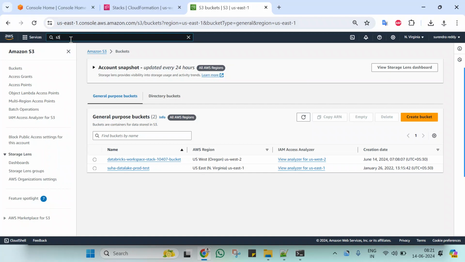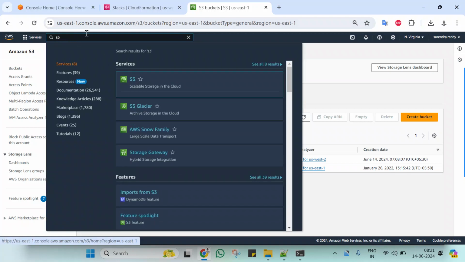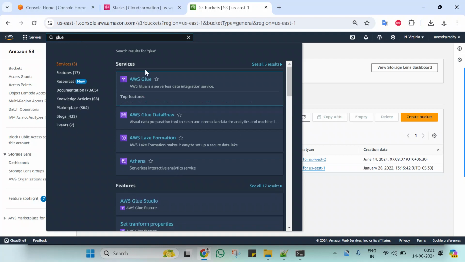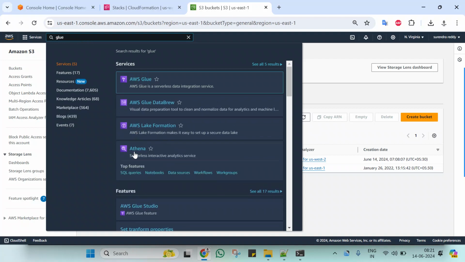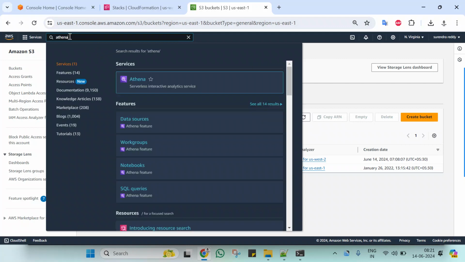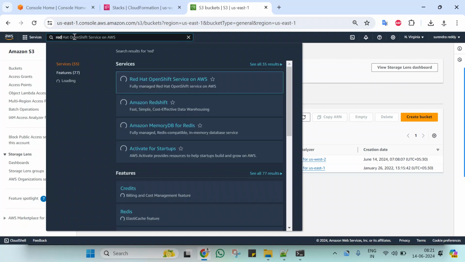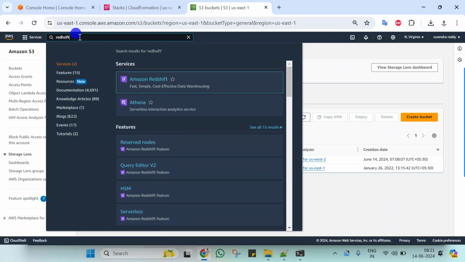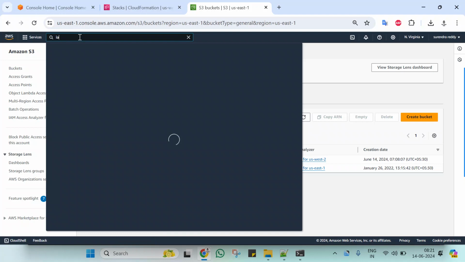If you want to use S3, you can click here. If you want to use Glue, you can use Glue. If you want to use Athena, just mention Athena in the search bar. If you want to use Redshift data warehouse, you can click on Amazon Redshift. If you want to use IAM,